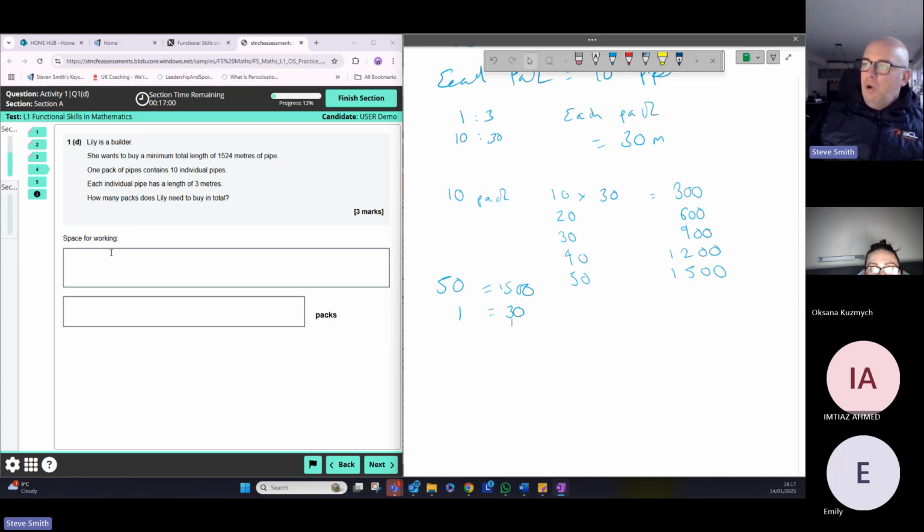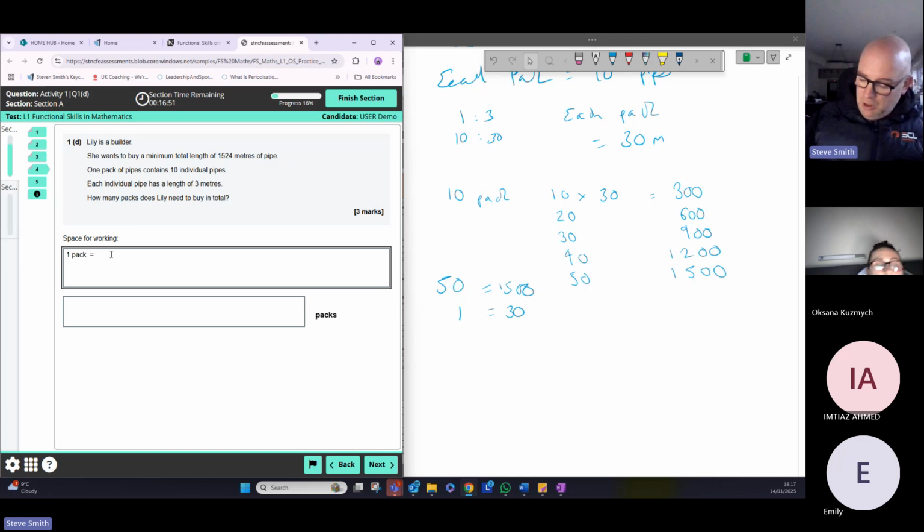For my space for my working out, because it's 3 marks, I would write in here 1 pack equals 10 times 3, so that equals 30. 10 packs equals 300. And then I put in here 50 packs